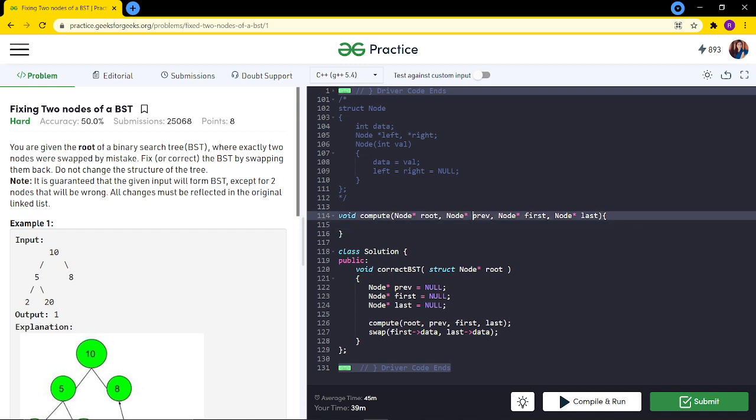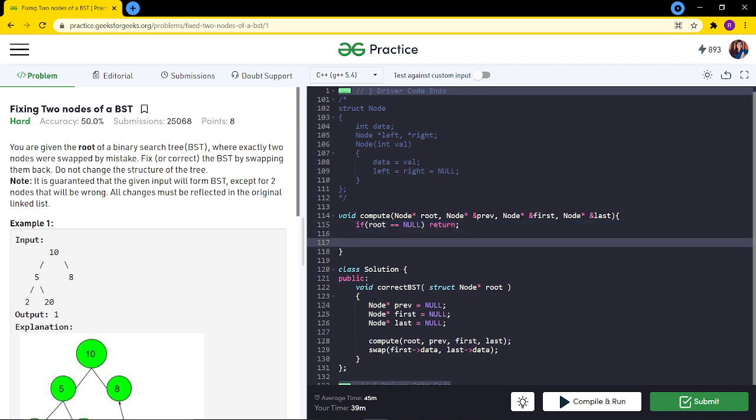Also we have to take them as reference, because in every recursive call, these will get changed. So first of all, the base condition: what if my root is null, then I can simply return.